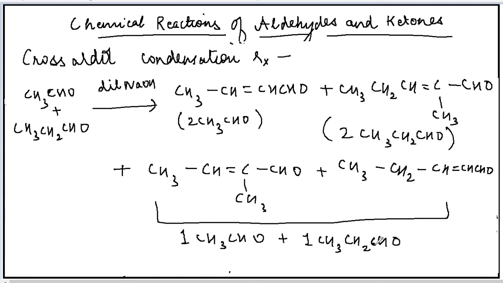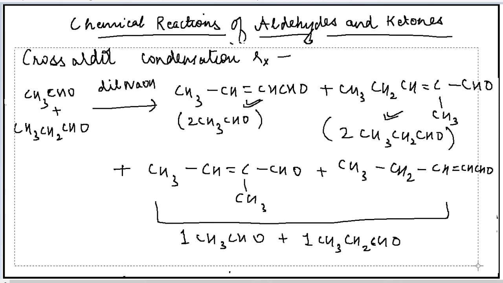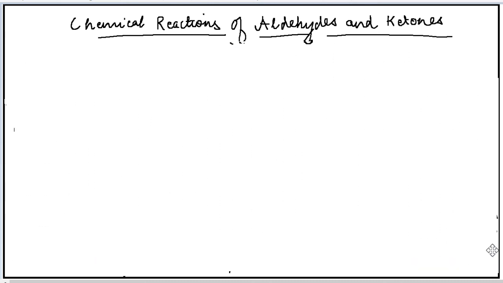Okay. So a total of 4 products are formed as a result of the cross aldol condensation reaction. The two aldehydes involved in this reaction are ethanol and propanol. When only ethanol undergoes the aldol condensation reaction, this product is formed. When only propanol undergoes it, this product is formed, and when one ethanol and one propanol undergo the reaction, then this product is formed. So cross aldol condensation reaction is that reaction which takes place between different aldehydes or between different ketones. Now the last chemical reaction that is given by aldehyde and ketone is